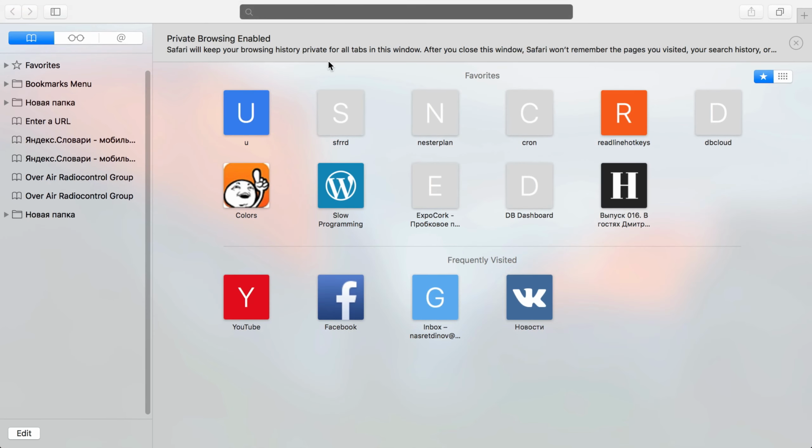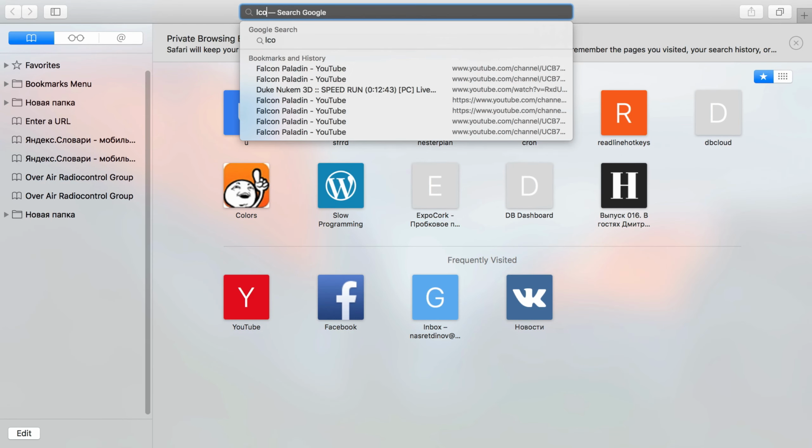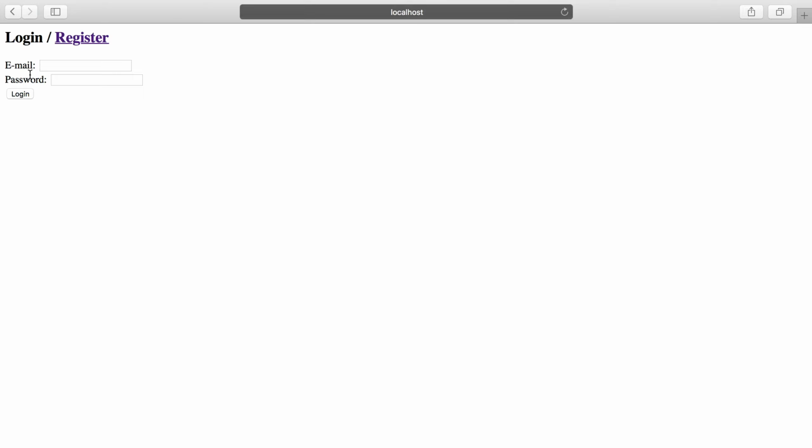So I try to make another user log in, but as you can see, I failed to do so, so I register a new user. And yeah, I can't log in private mode because it doesn't save cookies. As you can see, nothing happens.